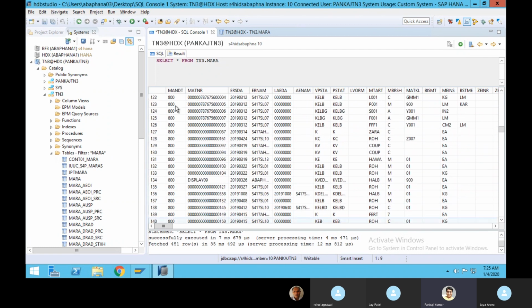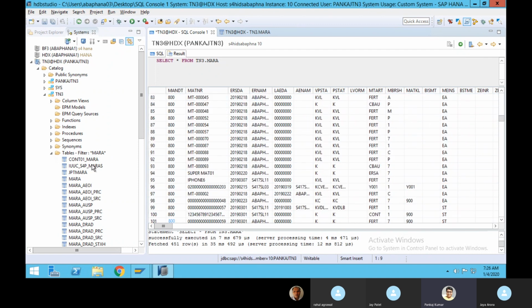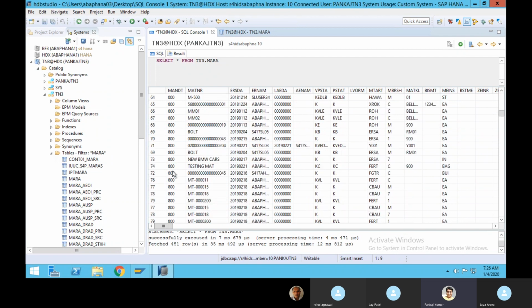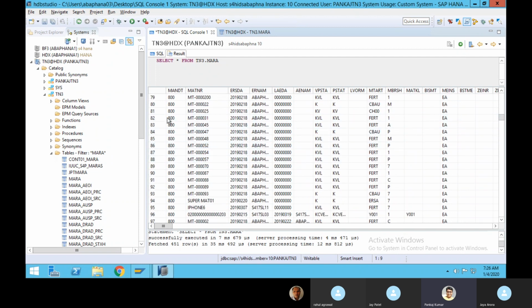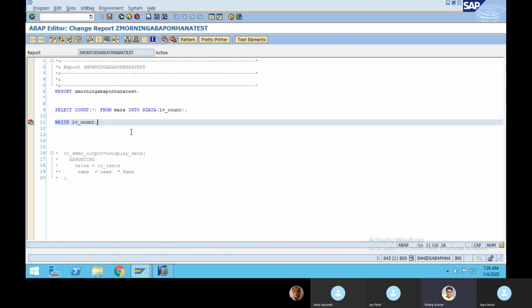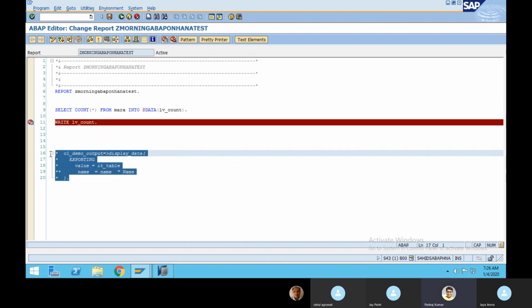One is 000 and another is 800. Okay, you can see here 000, and later when I am scrolling down, 800 is coming. Now if you go over here, and if you try to see, let me